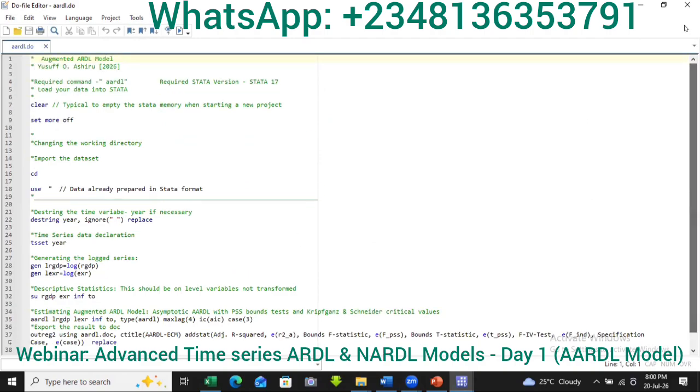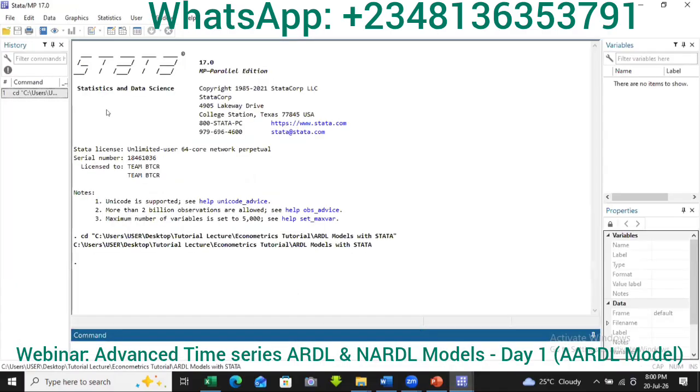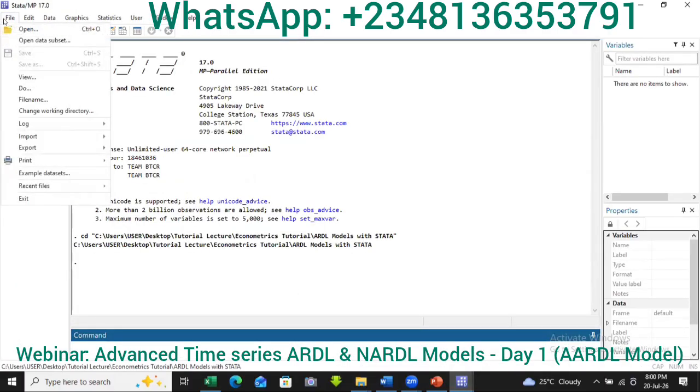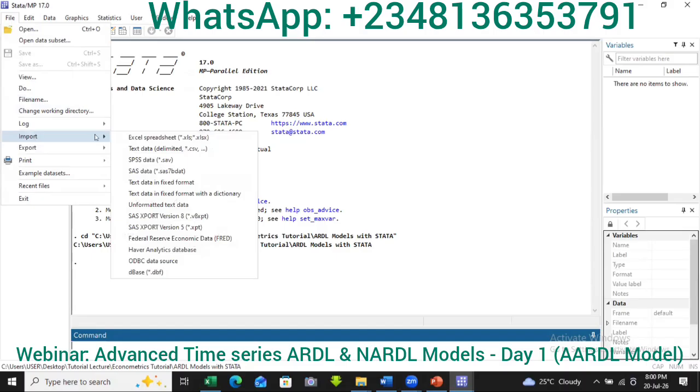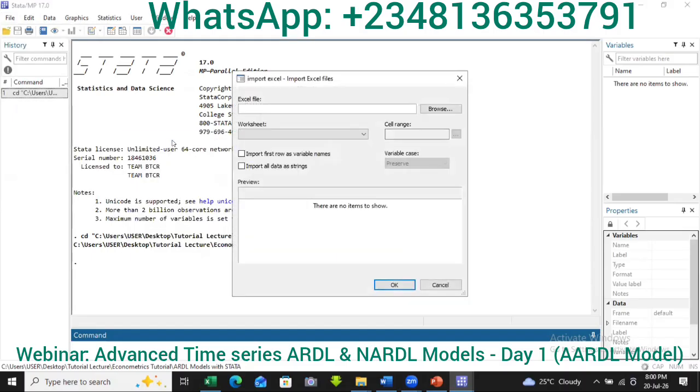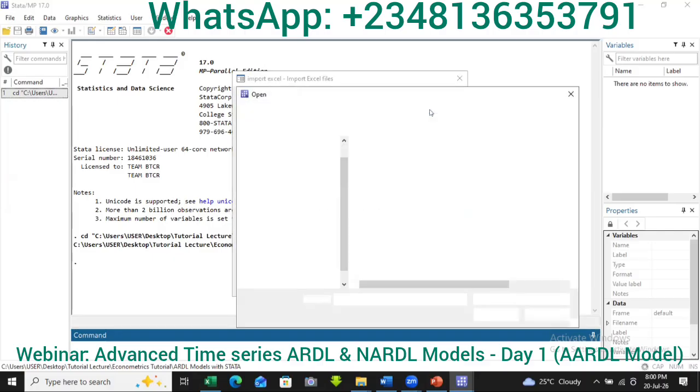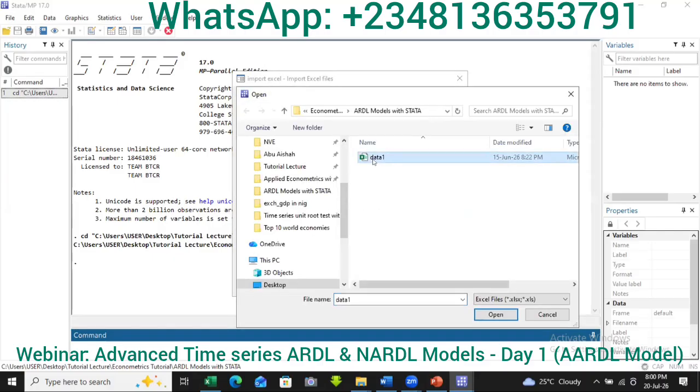Okay. Now the next thing is to import my data set. I can actually do that manually. Let me do that manually. So I go to file, then I go to import, then Excel sheet because my data set is in Excel format. Then I click on browse. Then here you can see STATA took me to that folder because I've already set the working directory. I've set that folder as my working directory. So then I click open